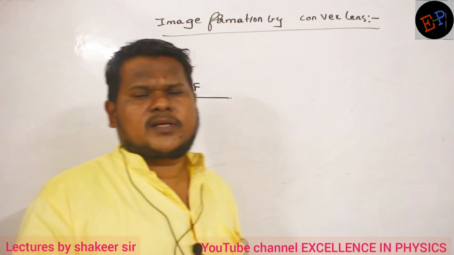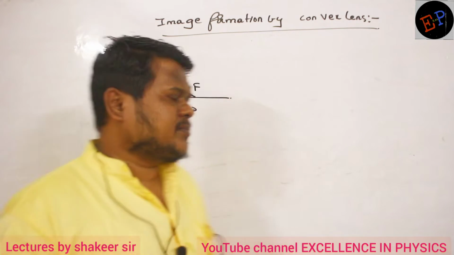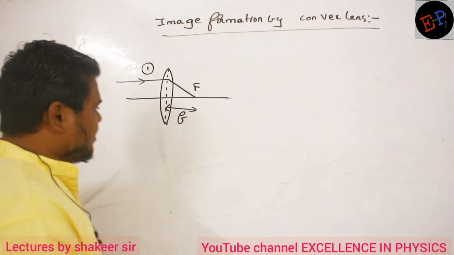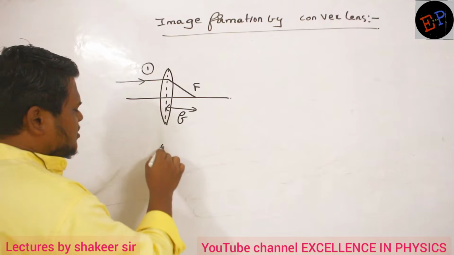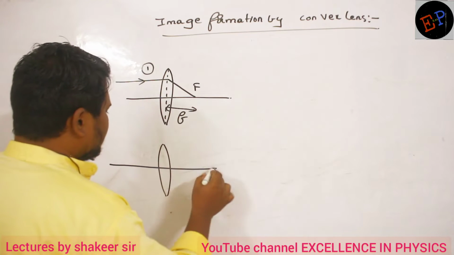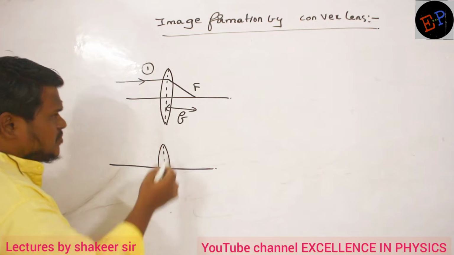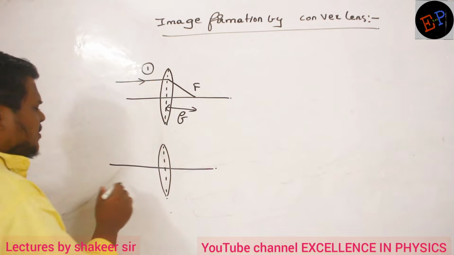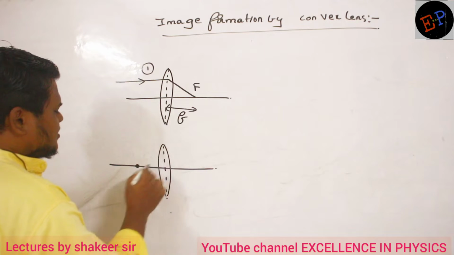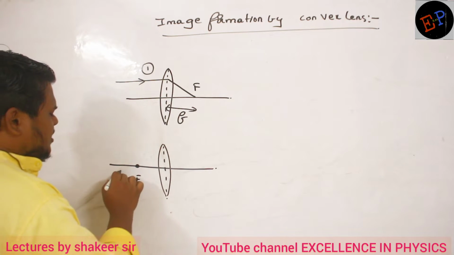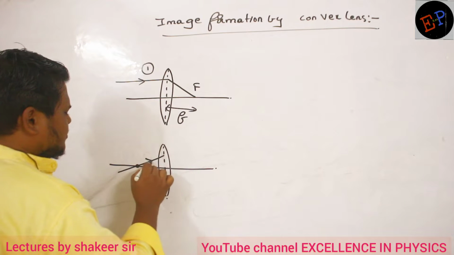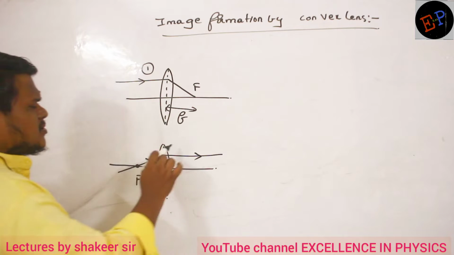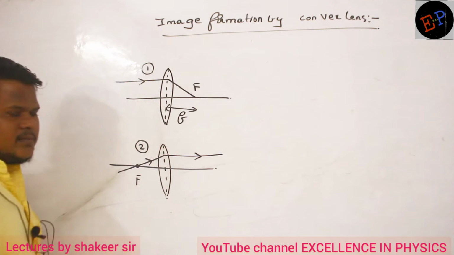This we have already studied in the case of mirrors; in mirrors also it is the same concept. So, this one I can call representative ray number 1. Now, representative ray number 2. What is representative ray number 2? It is just the opposite of this ray. For example, consider the focus of this lens is somewhere here. A light ray passing through the focus, after refraction, passes parallel to the principal axis. So this becomes our representative ray number 2.